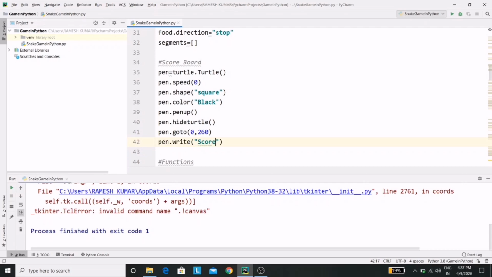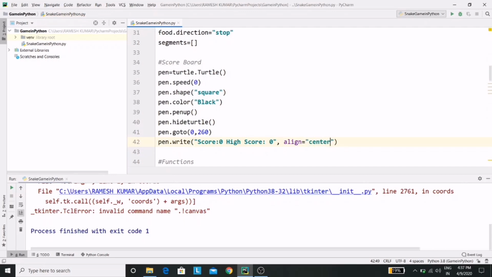So at first the score should be like 0, then high score 0, and then let me comma, let me align it to center,